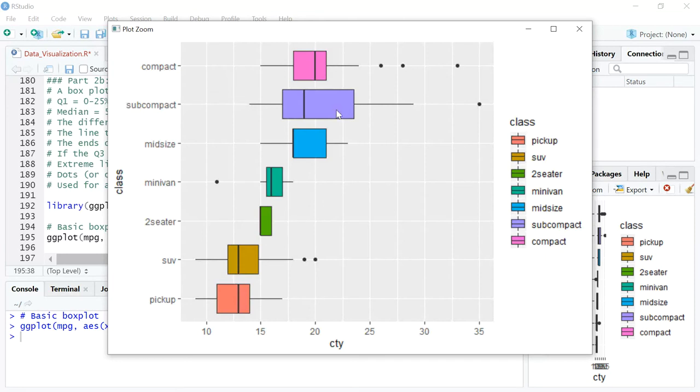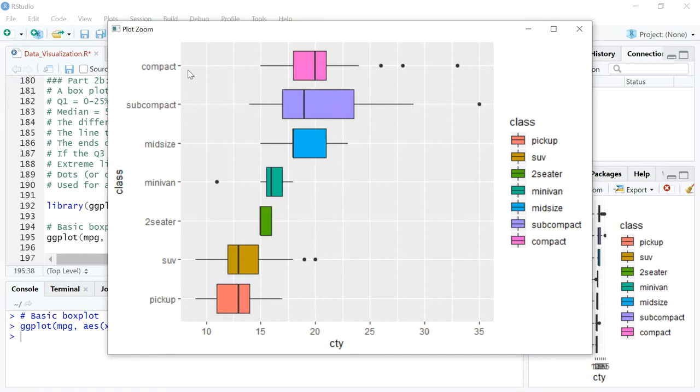Now, what is a box plot, right? A box plot is essentially something that divides your data set into 4 different quartiles, right? Quartile 1, quartile 2, quartile 3, quartile 4 just represent 0 to 25 percentile, 25 to 50 percentile, 50 to 75 percentile, 75 to 100 percentile, respectively. What I mean by percentile is, if I were to sequence the data in ascending order, that is, let's say,